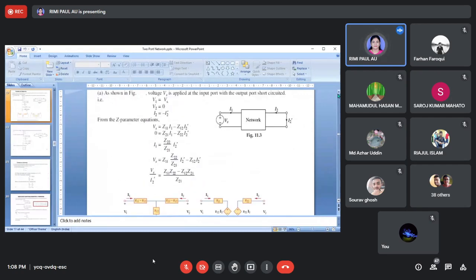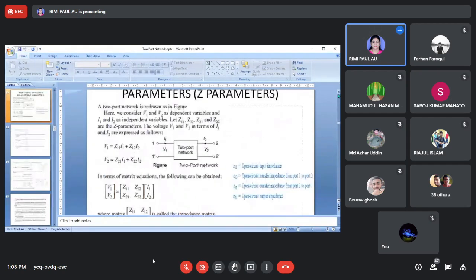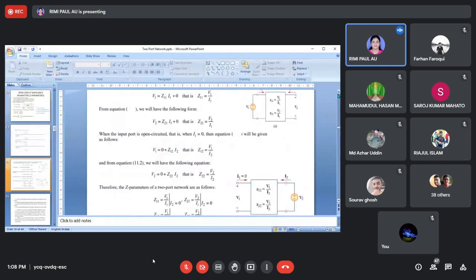In Z port network, you will just open circuit. You will use your multimeter here to find out current and voltage. I already mentioned this in this video, you will go through this. So you will find out V1, V2, I1. If you go through your manual, you can see that there are three circuits. So V1, I1, V2, for every case we have to find out.